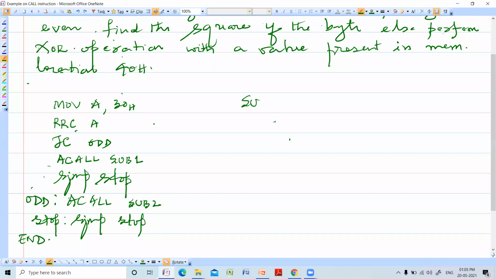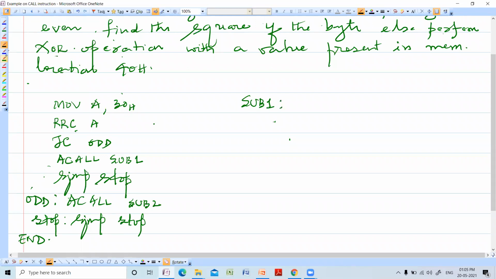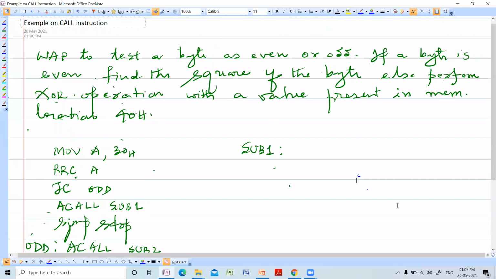So this is subroutine 1. You can code subroutine 1. I am coding it in a different color for your benefit. What is it telling? Test a byte. If the byte is even, find the square of the byte. So what can you do? Simple.